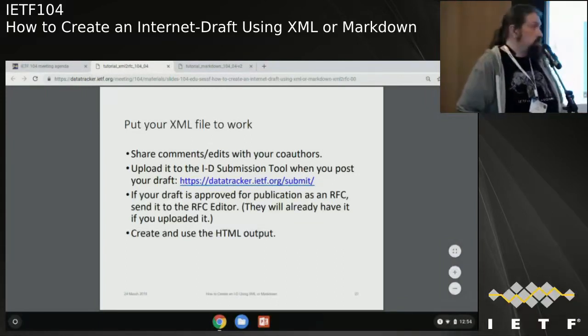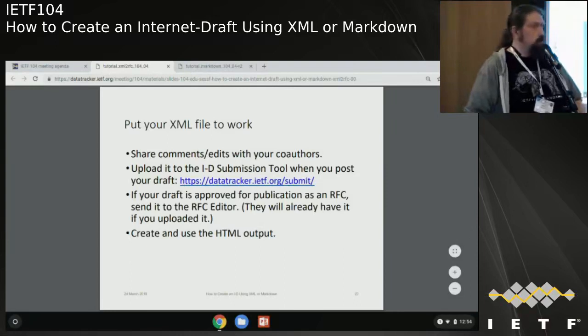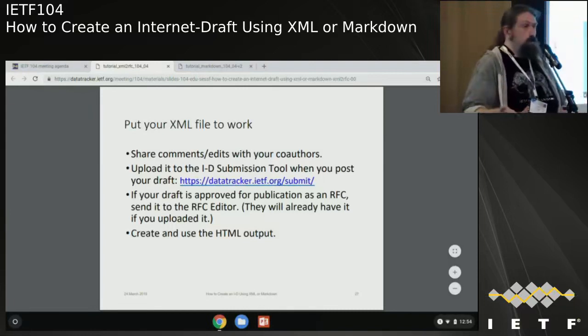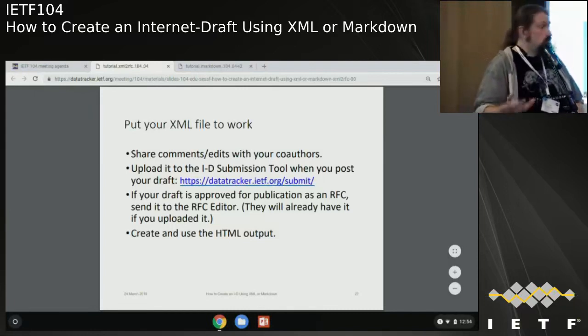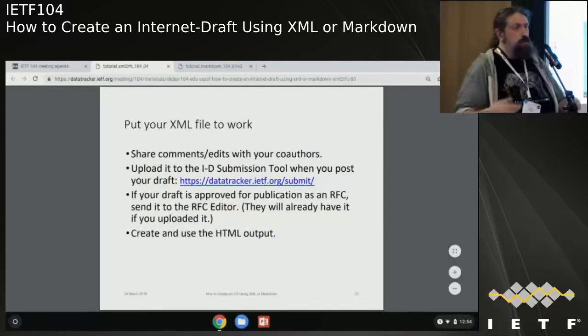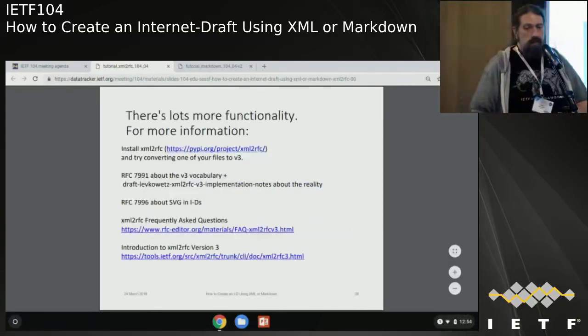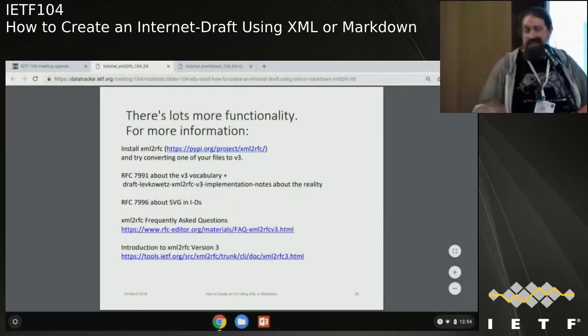Once your draft is approved for publication, the RFC editor would really like your XML format. It helps them get started very quickly. And if you've been submitting it through the data tracker, they've already got it. And like I said, you can use these to render your Internet draft to HTML, so it's possibly more accessible to some people. There's a lot more functionality than we can cover in this